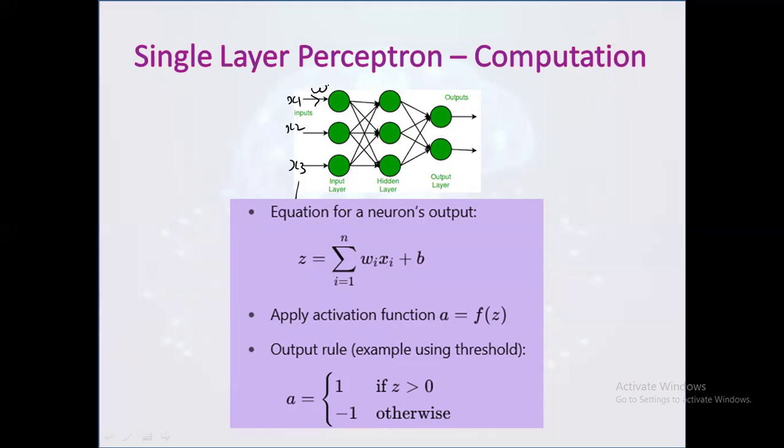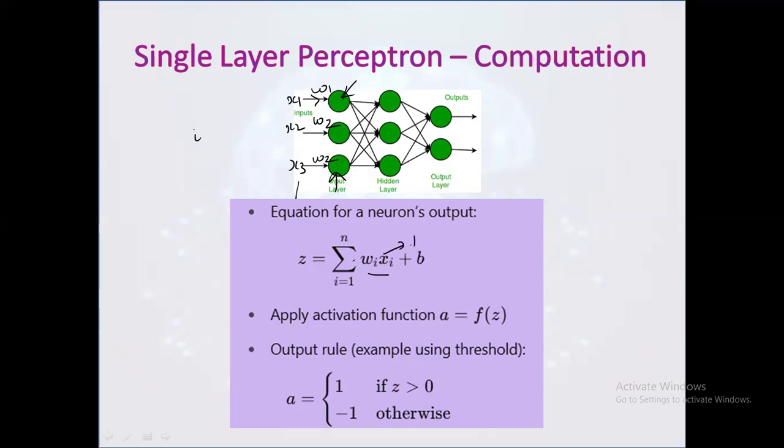And each input is associated with a weight value, and additionally we'll have bias values for fine tuning. So if we have n number of neurons, we'll write it as wixi plus b. Each neuron computes the weighted sum of inputs. The equation z equals the summation from i equals 1 to n of wixi plus b captures this, where